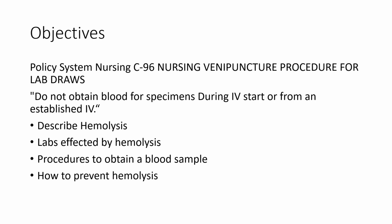I chose this topic due to the policy where I work at in the Bronson Battle Creek Emergency Department. The policy states, do not obtain blood for specimens during IV start or from an established IV. In the policy below this, it has the following exceptions. The exceptions are drawing blood for cultures, pediatrics, NICU, and if necessary during life-threatening emergencies, drawing from an IV start